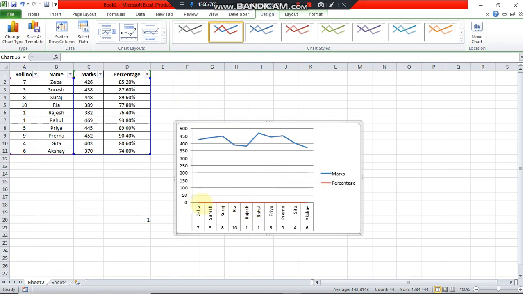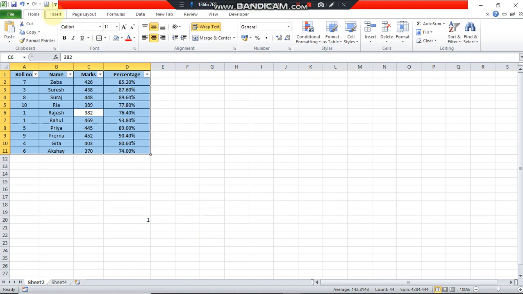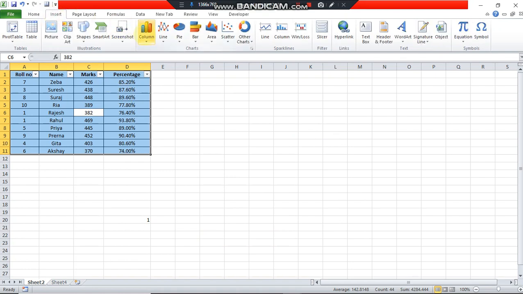On the x-axis, the names of students have been mentioned, and on the y-axis the marks have been shown. It has taken 50 marks as the unit and drawn the chart. You can just calculate by the peak who has got the highest score in the class. Now I'm going to show you another example of how a chart will look.